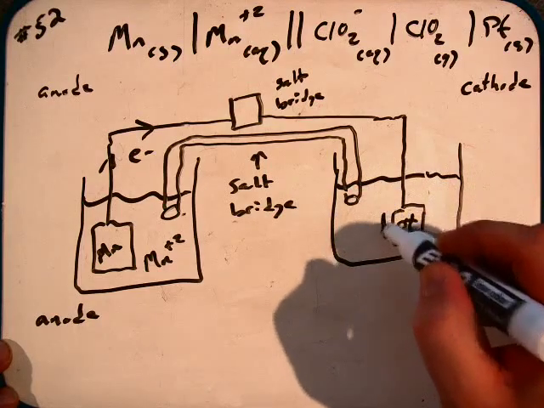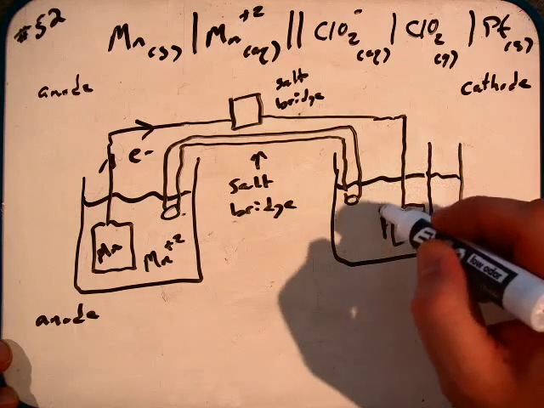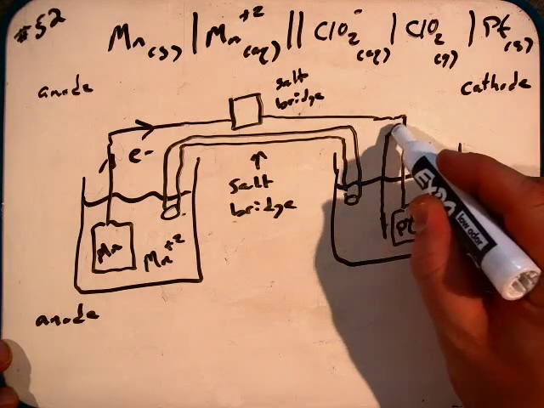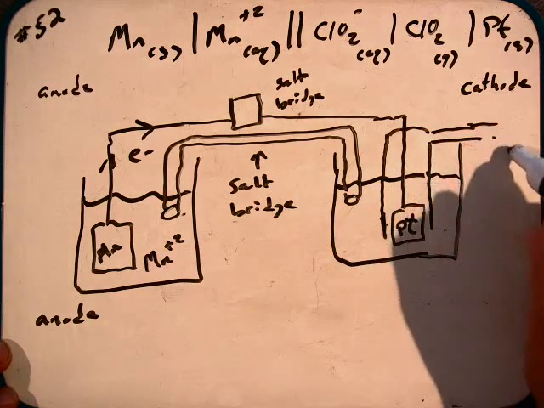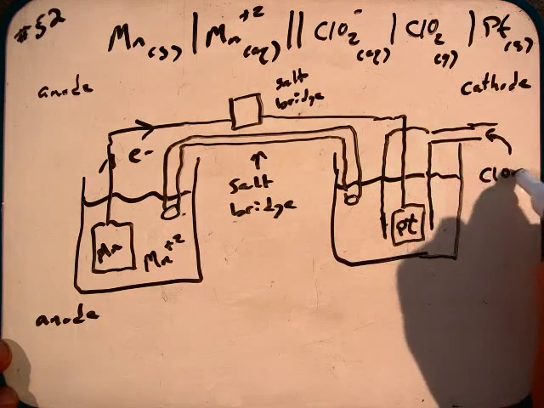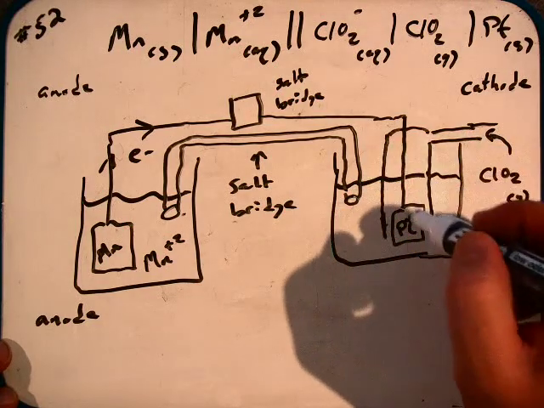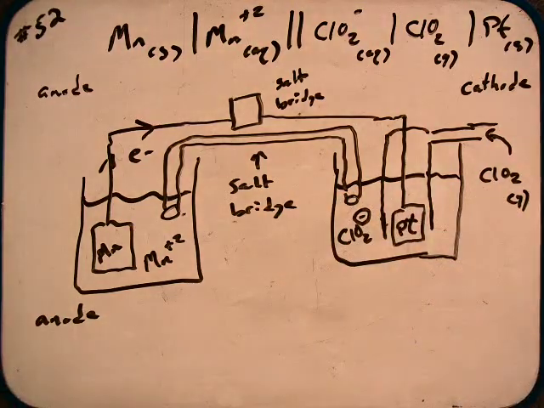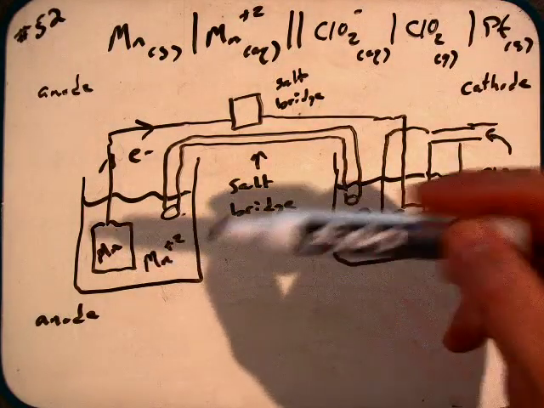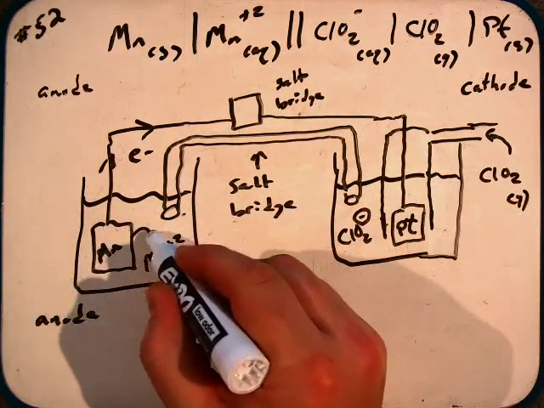You'd have to have a container that's actually in here that's allowing ClO2 gas to come in and react to make ClO2 minus, right? Because if we're looking at our processes that occur, the manganese is going to be oxidized,